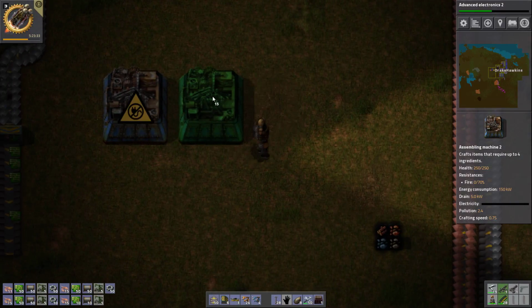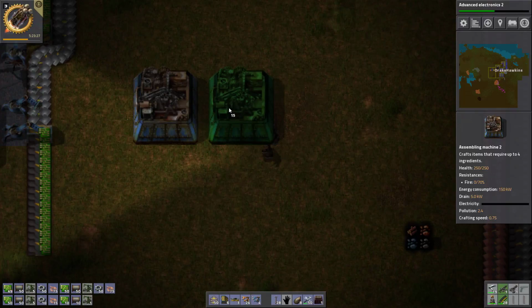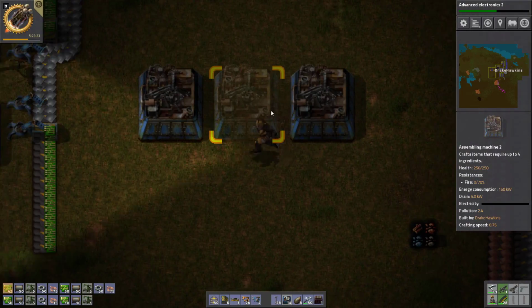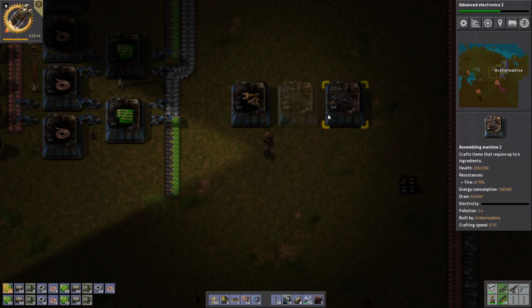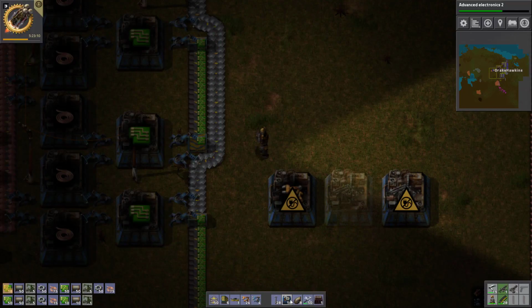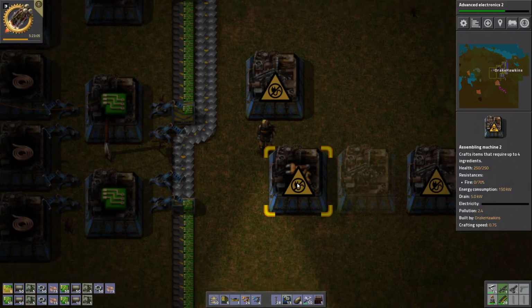Let's give it some space. You know what? Let's give it enough space to do what it needs to. We're going to build yellow circuits. No, yellow inserters, sorry. And we're going to have that feed to blue, and so on and so on. This guy can build off of this. Excellent, and he's going to do...